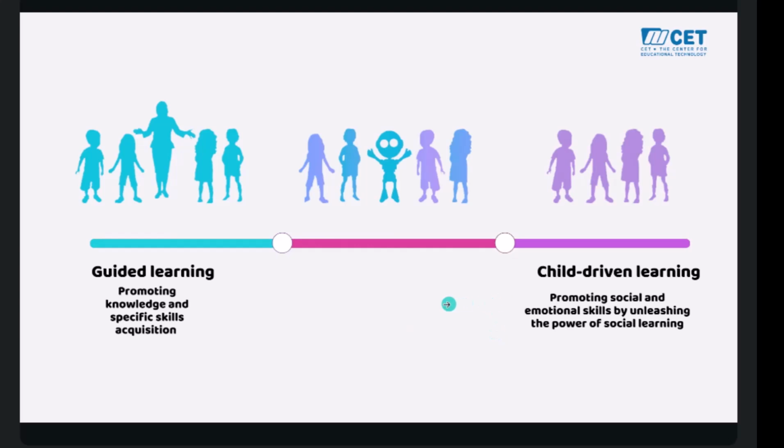So what we know is that not all kids can benefit from the advantages of child-driven learning. Some kids, when they find themselves in a peer-only context, just in the yard or around a table with other same-age children, don't always benefit from learning. Some of them are shy. Some of them don't have the language skills or the communication skills to read a social scene and take part in it. Some kids are sensitive and they need extra facilitation.